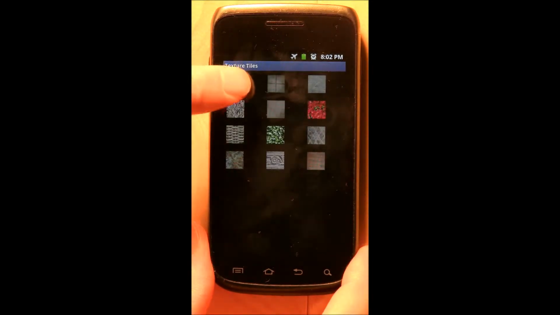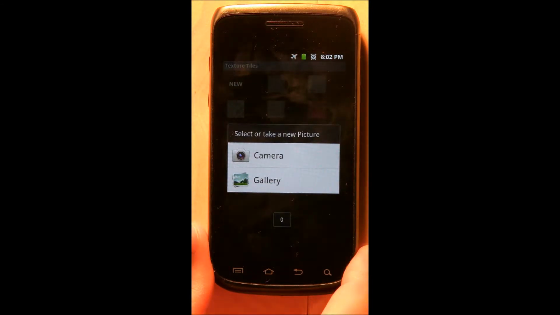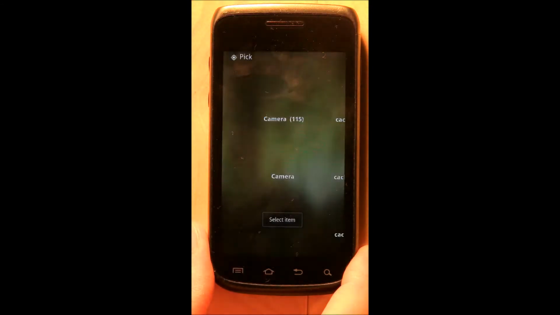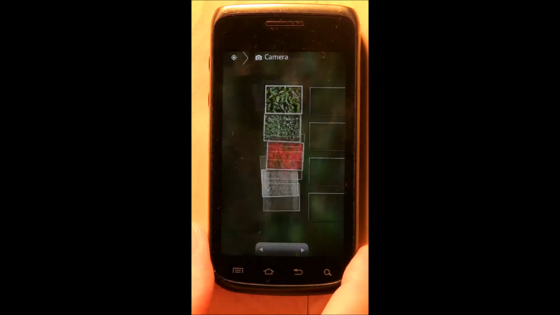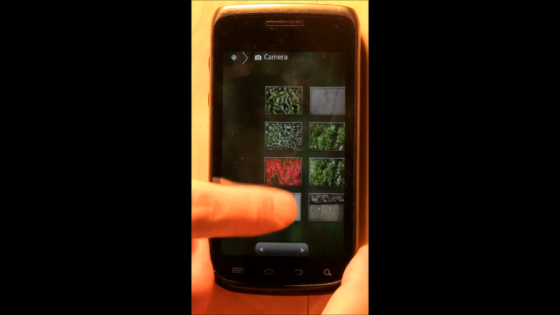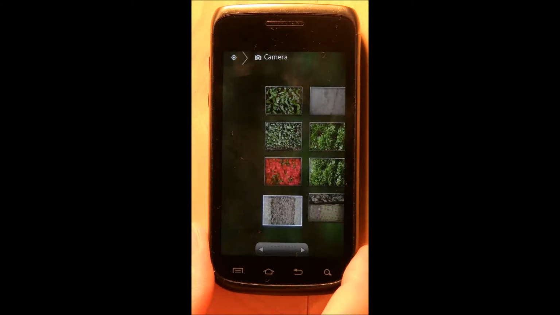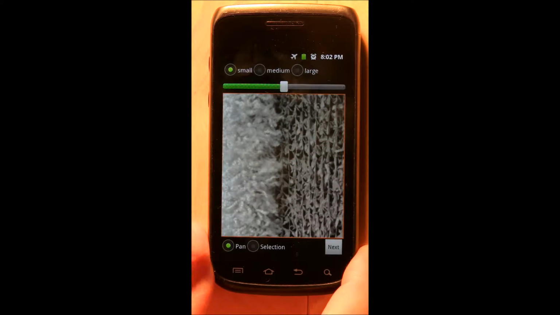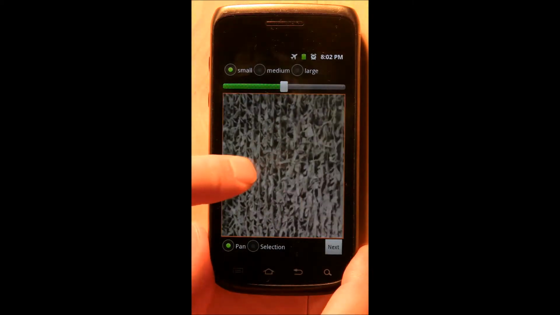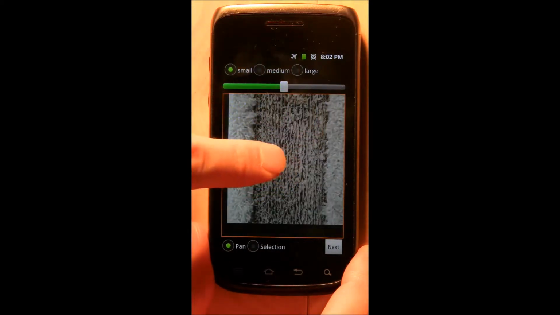Create a new texture either from the camera or the gallery. Camera is a new feature. We'll go from the gallery for right now and pick a texture of a cat scratch cardboard, and we're going to pan around and find a good spot,